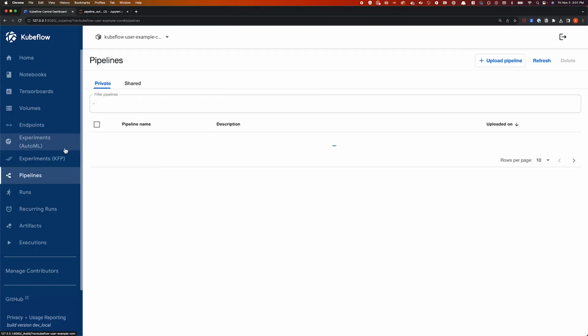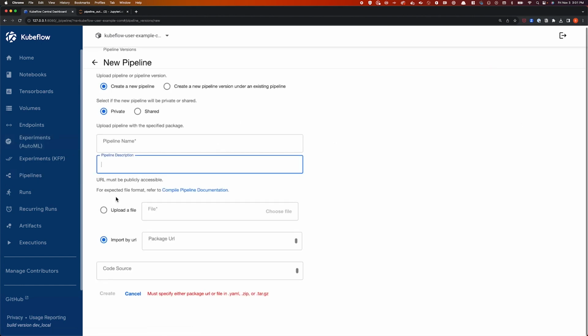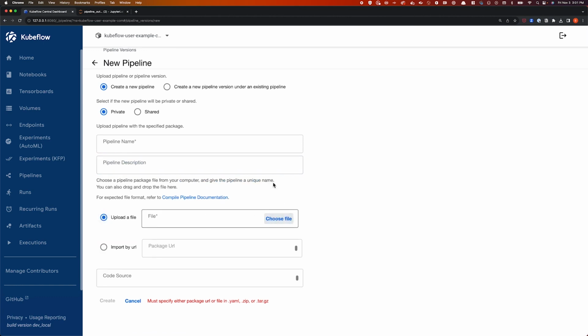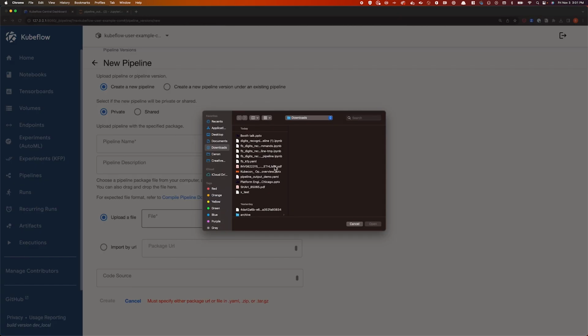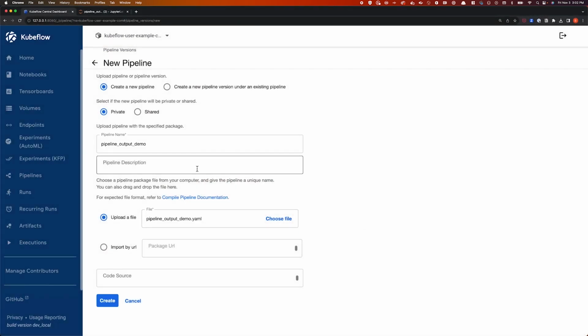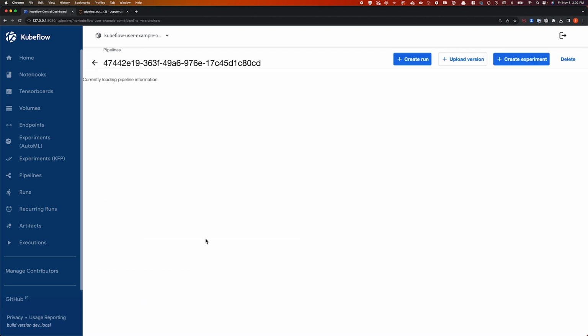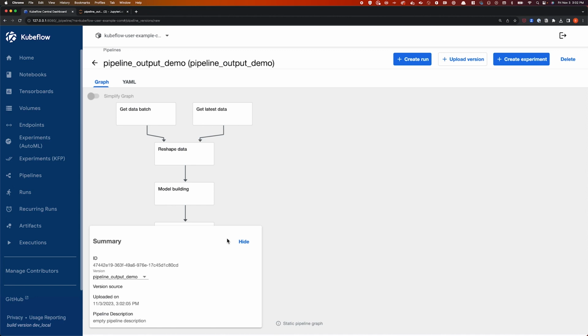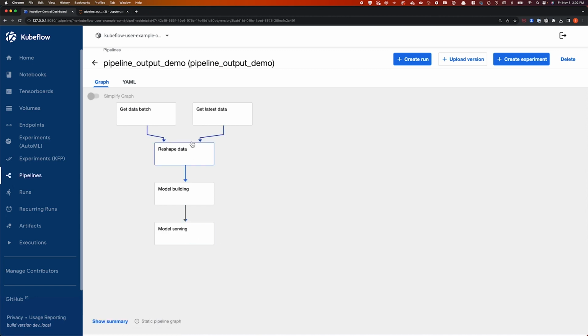So let's go to the Kubeflow dashboard again, navigate to pipelines, and then click on the upload pipeline button. Here we can upload the file that we generated from the last notebook. And it automatically fills up the pipeline name and the description if we gave one. Let's hit create, and it creates a pipeline. As you can see, it gives us a neat little summary and a visual representation of our graph. We are getting the data, reshaping the data, training the model, and then serving the